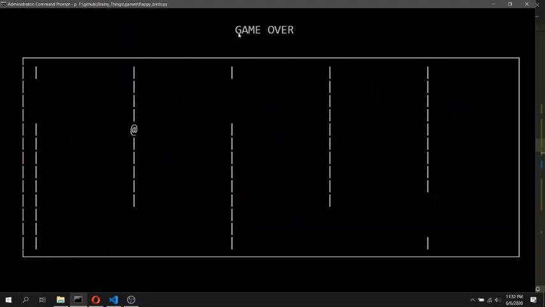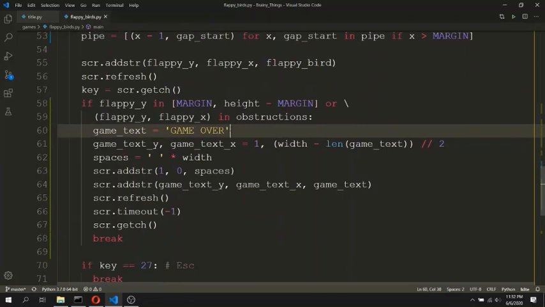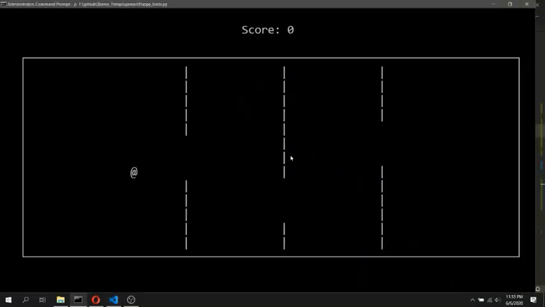But after the game over text is displayed, the user will not know what was the score before the game over text was displayed. So we need to add that text also in this game over text. So we will display it simply using a formatted string, and we will display the score along with the game over text. Let's see, the score is being displayed.